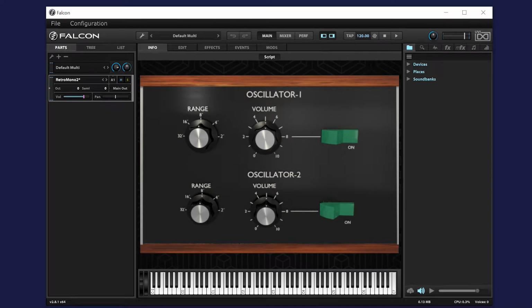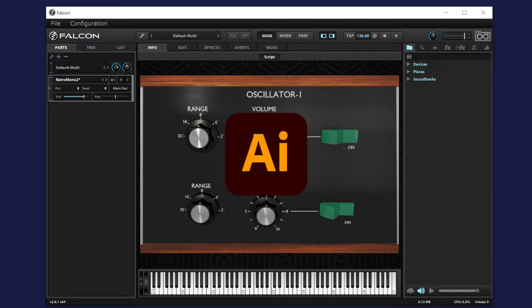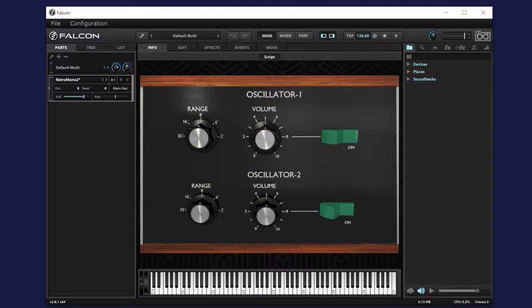In this and the next video, I will show you how to create a realistic GUI for the Falcon library. This video shows how to use Adobe Illustrator to make a panel design, such as labels and knob scales for 3D CG model decoration. And the next video shows how to make a 3D CG model for GUI using Blender. You can use these techniques not only for Falcon library creation but also for creating Contact libraries and VST plugins.